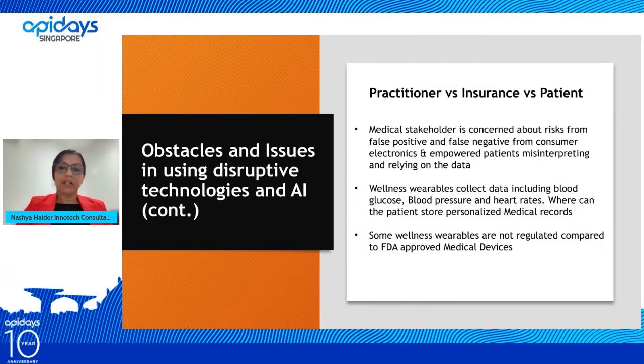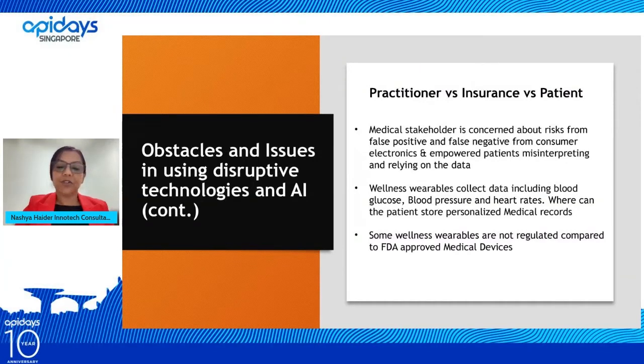And let's look at another aspect in the equation. So this creates an interesting dynamic between the relationship between your practitioner, your patient, and the payer. One needs to also ask, who is the payer? The health insurance company, the patient, or the government health service? So these are questions that arise in healthcare which one may not necessarily think about in other verticals.